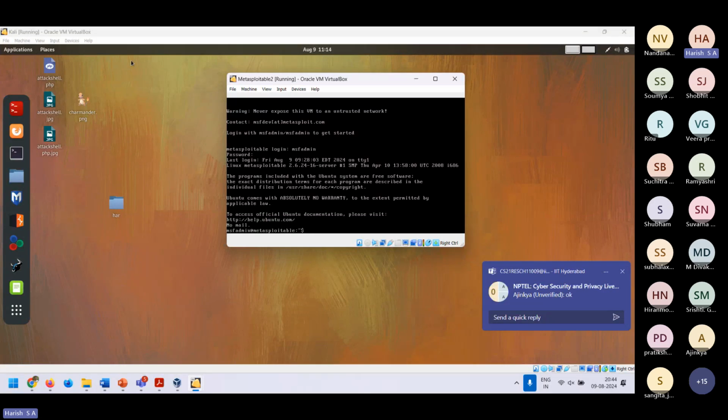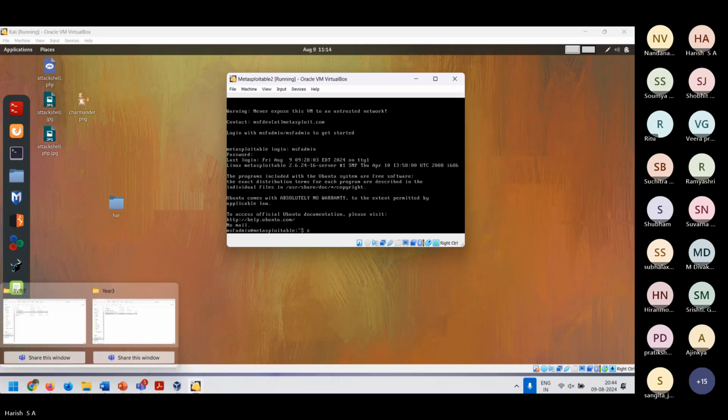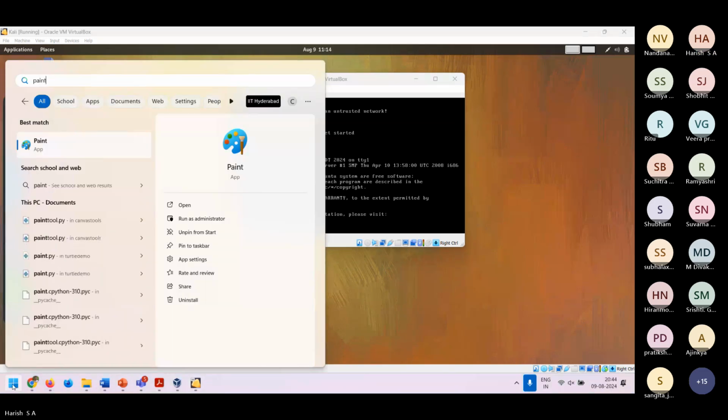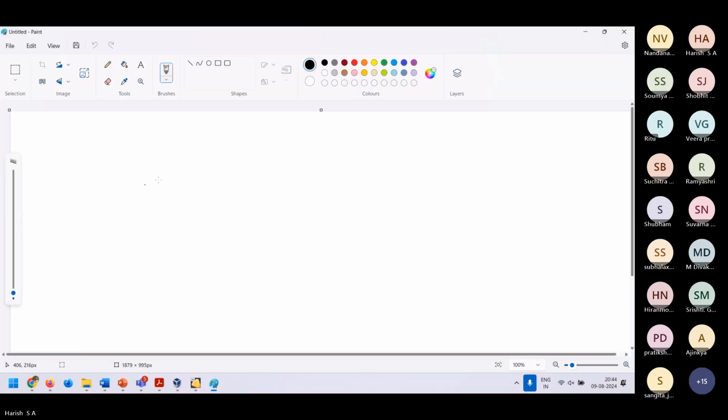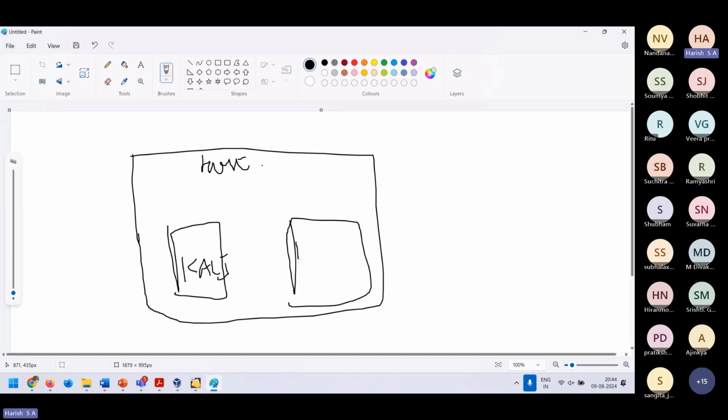Can you see right now? So this is my computer, my host system, you can say, and this is Kali, and this is Metasploitable.